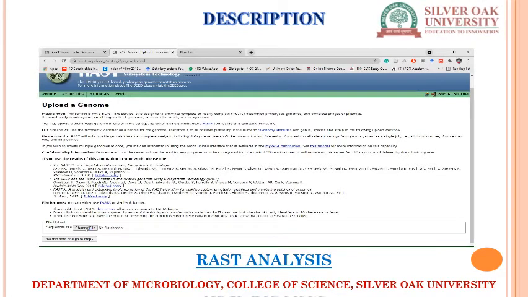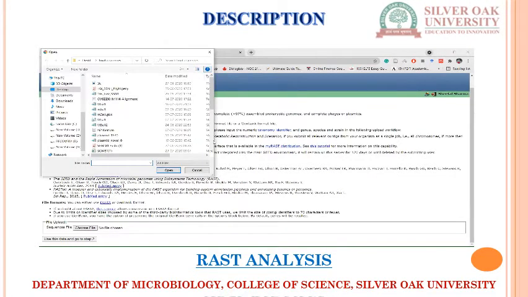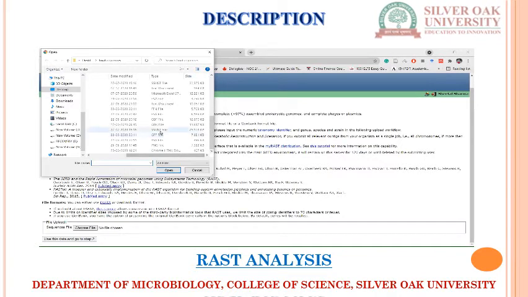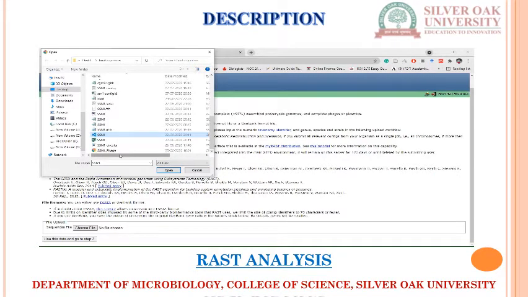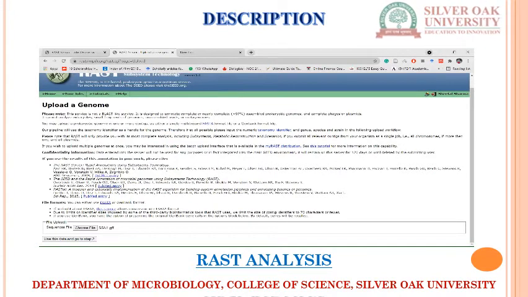I will go to choose file. I have already selected a number of different files. Depending on that, I will go with the GFF file for my culture, and open it. Just wait for it to use this data and go to the next step.